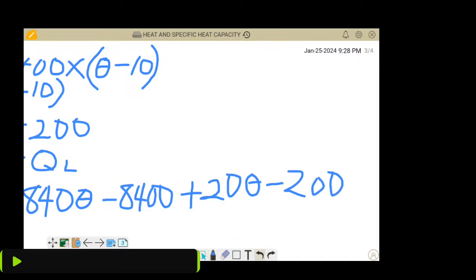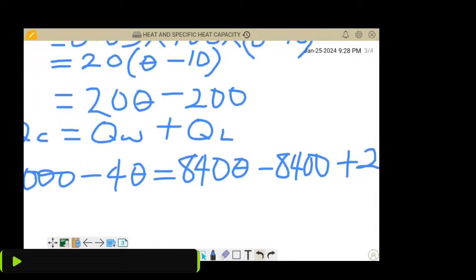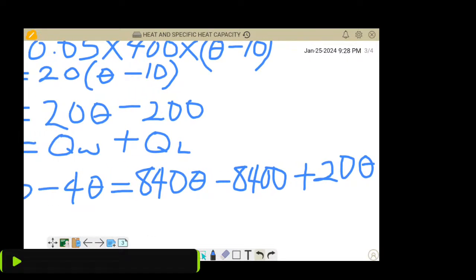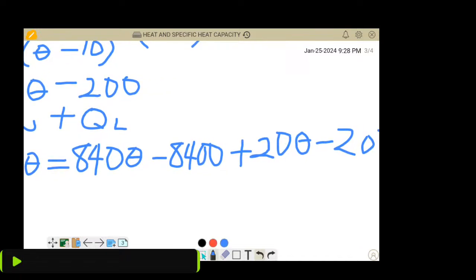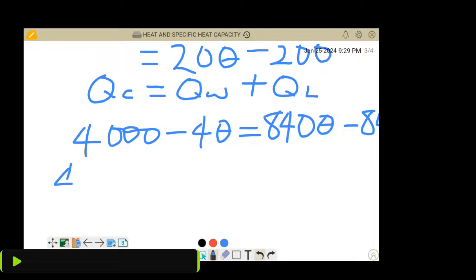Now at this point we can collect the like terms. This is what we have here, so we can collect that, and we have 8,400 on this side. 8,400 minus 8,400 and minus 200 will give us minus 8,600. Taking it to the other side of the equation, we have 8,600 on the other side of the equation. So let's quickly create that by saying 4,000 plus 8,600 will be equal to,